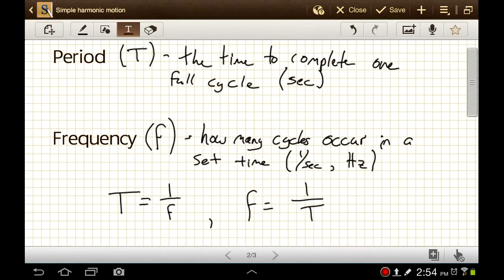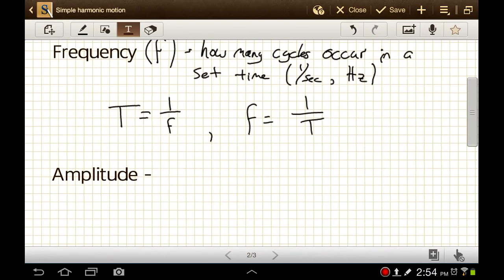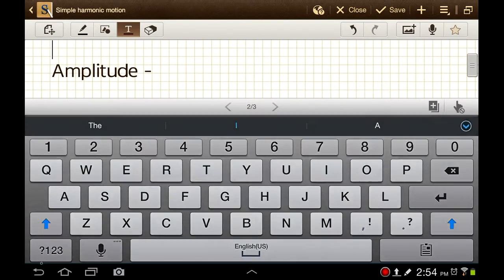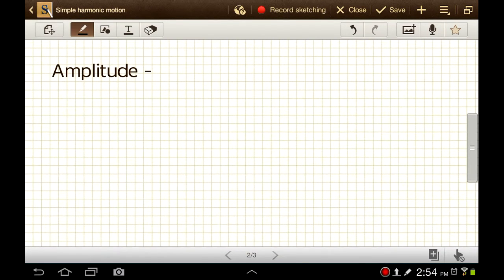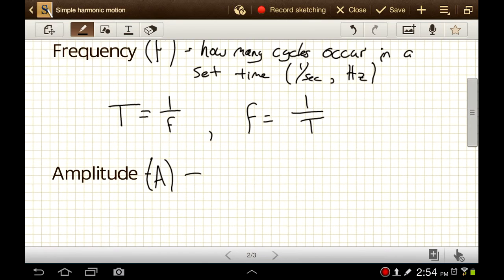We have one more measurement we need to talk about before we move on with simple harmonic motion, and that's amplitude. For amplitude, we use capital A. If we need to write it in an equation, we use capital A. Amplitude is the maximum displacement that an object in simple harmonic motion